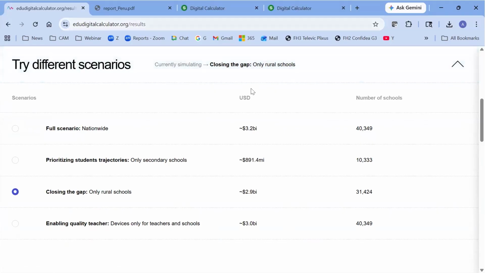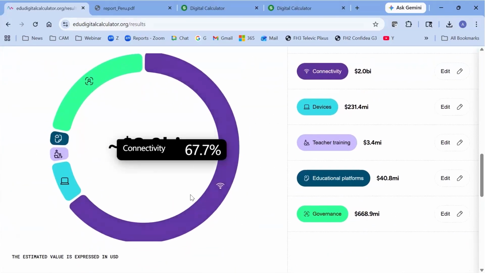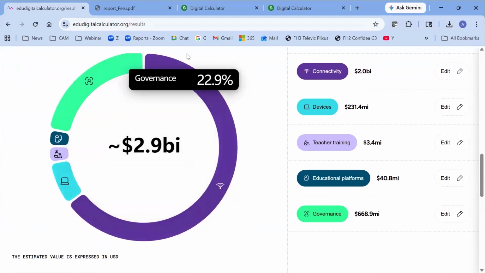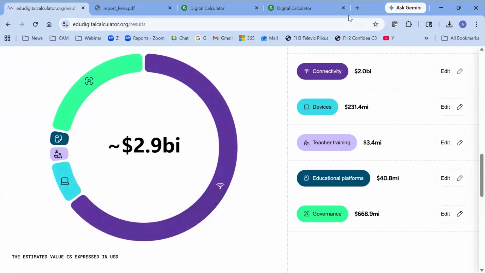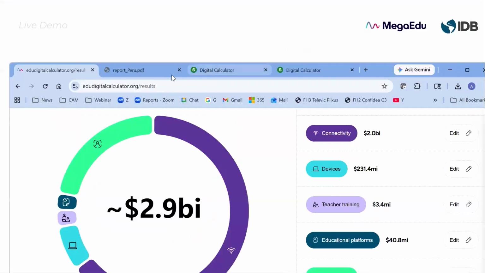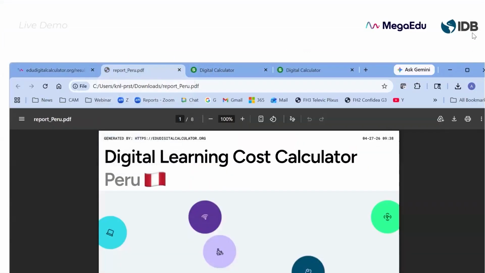And here we can understand how this cost is divided between these different dimensions.